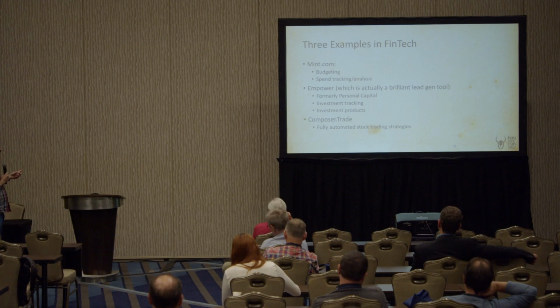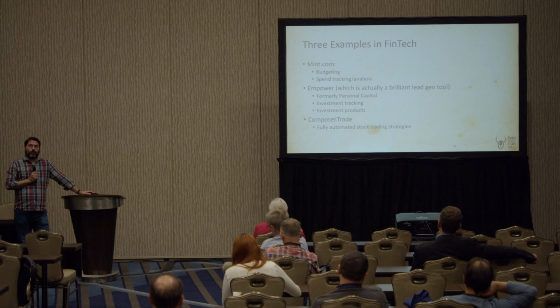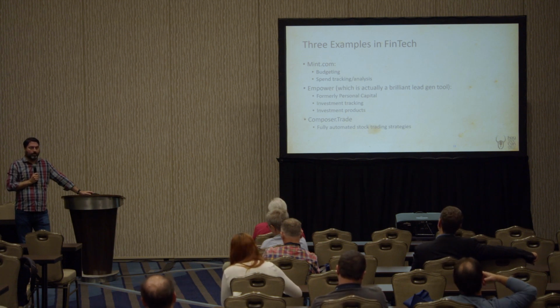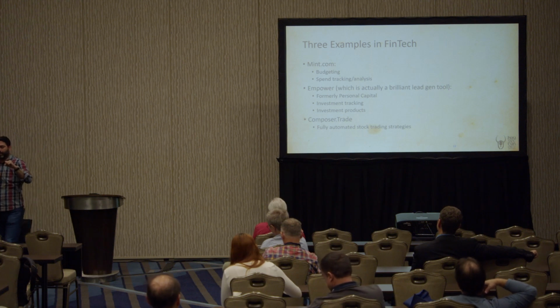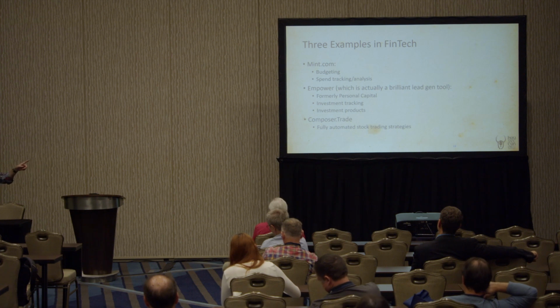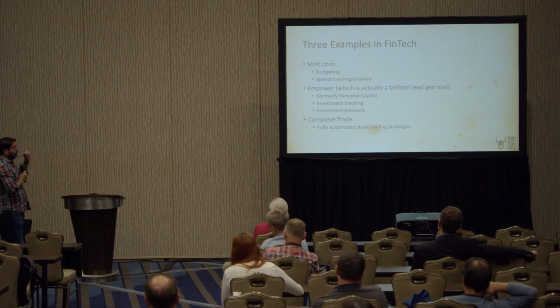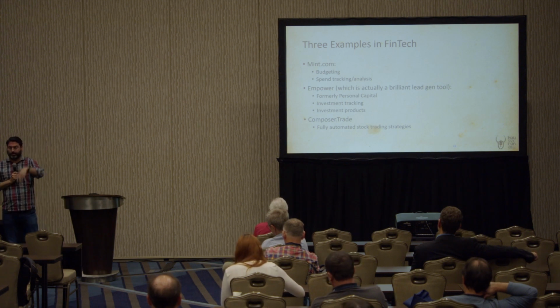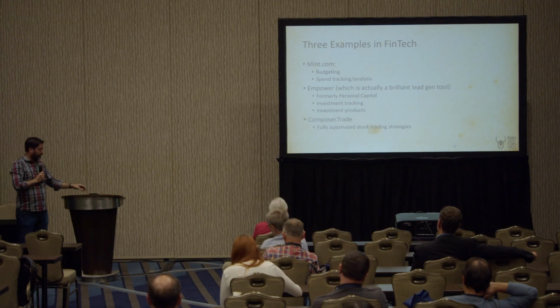The last one is one I kind of hit on earlier. It's called Composer.trade. So if you decide that you want to follow Nancy Pelosi's trading strategy, you can. You have your own strategy that you want to put in, based on certain market drops. If CPI is up or down, I want to buy or sell certain stocks or indexes, it'll do it for you. And it is a full brokerage account as well. So they have certain regulations. They're not the actual clearinghouse, but they work the same way. So you just build your strategies in there, and it works in the background. And hopefully you choose correctly, and that goes up and to the right, not down and to the right.